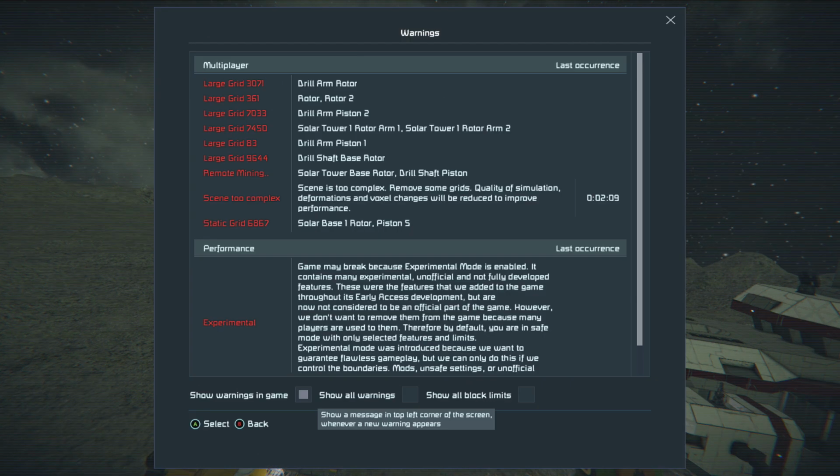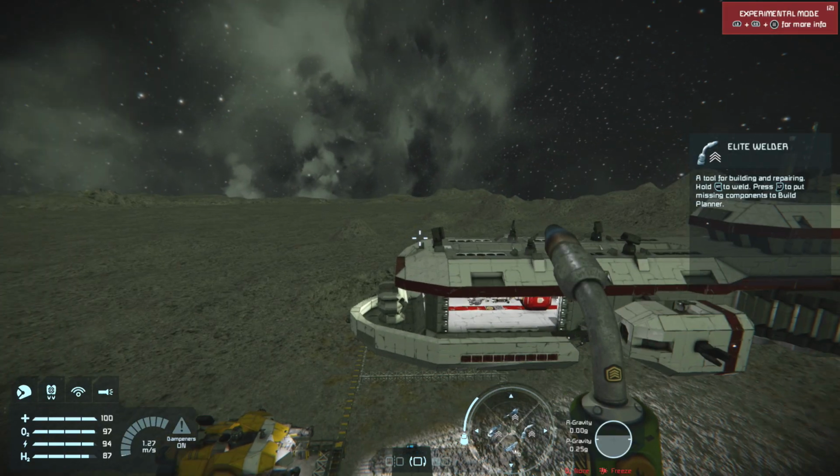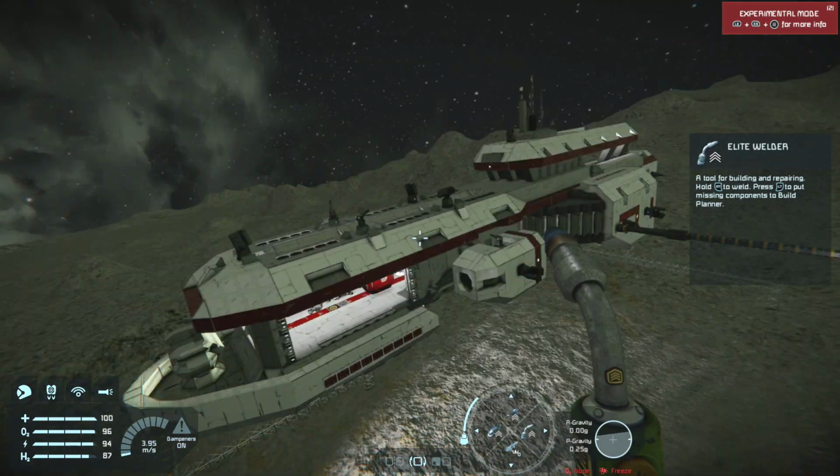When you do, you'll get a listing of all the things that it's got an issue with that is otherwise impacting performance on the game. So right now the main issue is that the scene is too complex and I have too many grids, and it wants me to remove grids. So